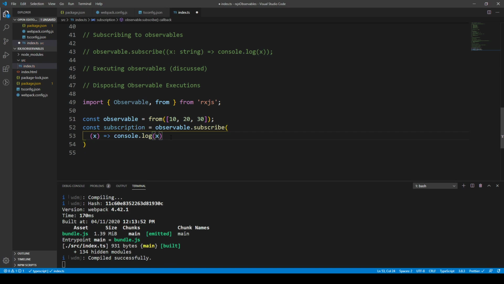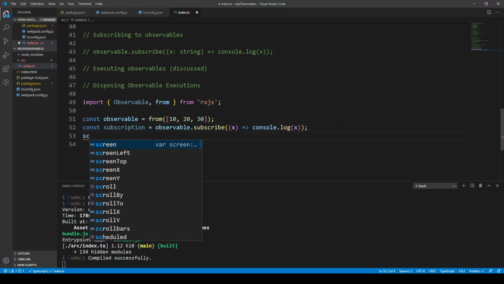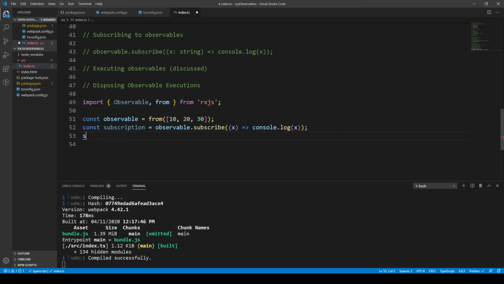Oh no, that's that bracket there. And for the subscription, we can unsubscribe. So if we see that in action, this is giving out 10, 20, 30,